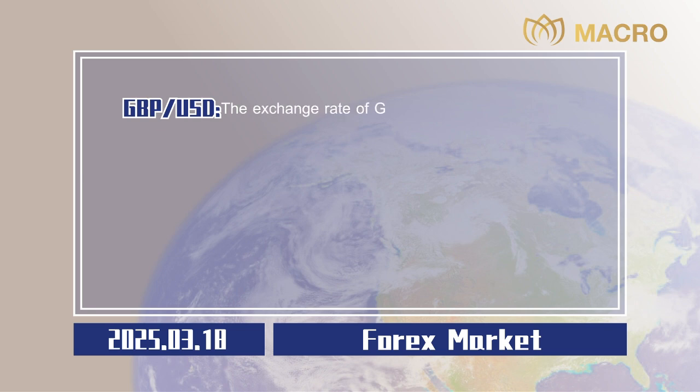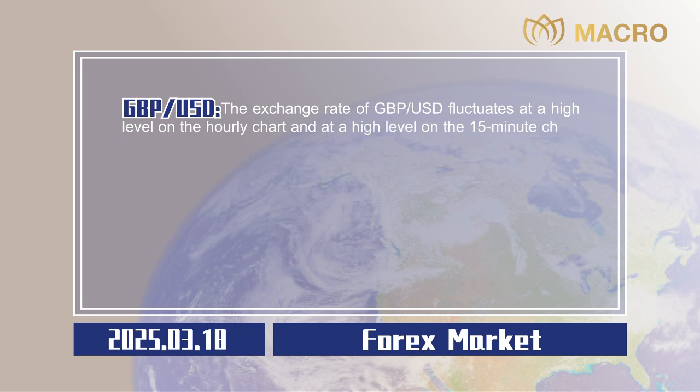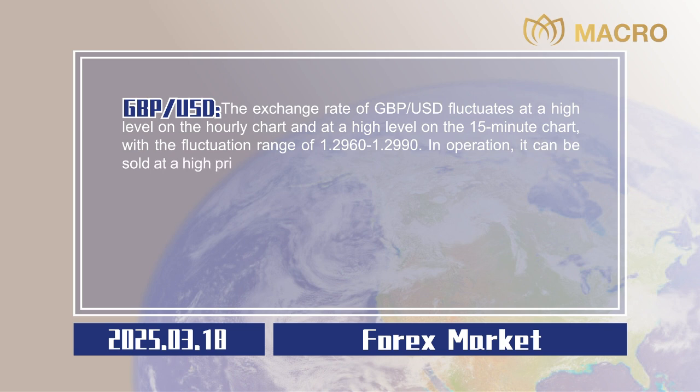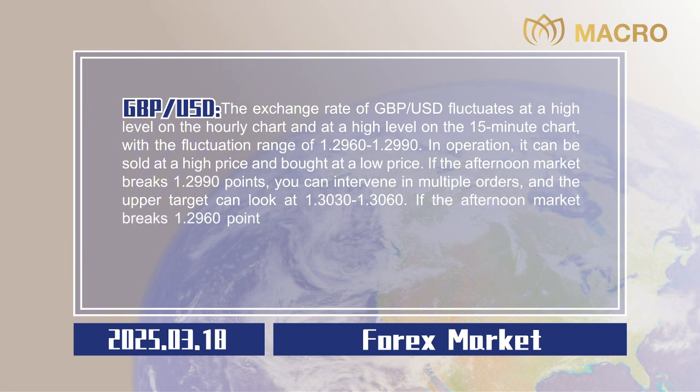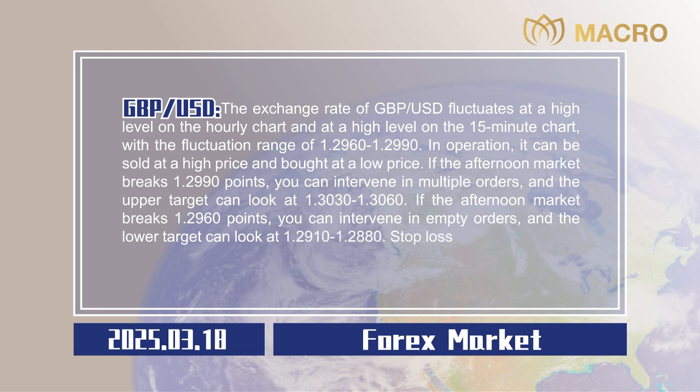Pound sterling to US dollar. The exchange rate of pound sterling to US dollar fluctuates at a high level on the hourly chart and at a high level on the 15-minute chart, with a fluctuation range of 1.2960 to 1.2990. In operation, it can be sold at a high price and bought at a low price. If the afternoon market breaks 1.2990 points, you can intervene in long orders, and the upper target can look at 1.3030 to 1.3060. If the afternoon market breaks 1.2960 points, you can intervene in short orders, and the lower target can look at 1.2910 to 1.2880. Stop losses are all 20 points,